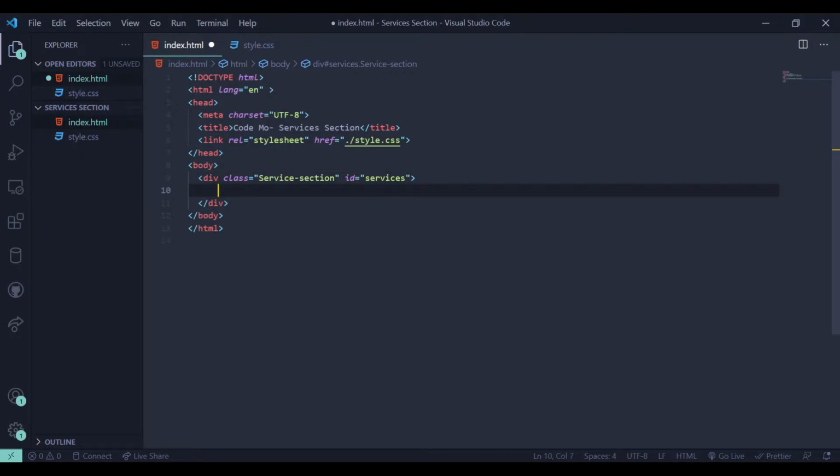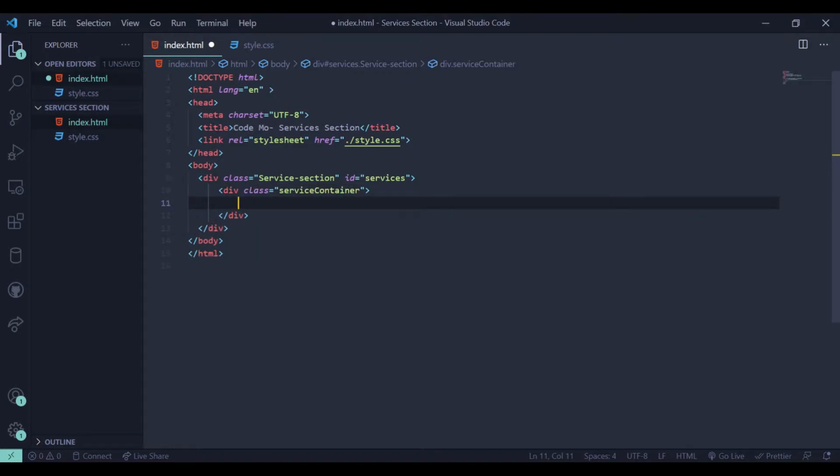Inside this div, we will create one more div with a class name service container. Inside this div, I'm going to create one more div with a class name card,